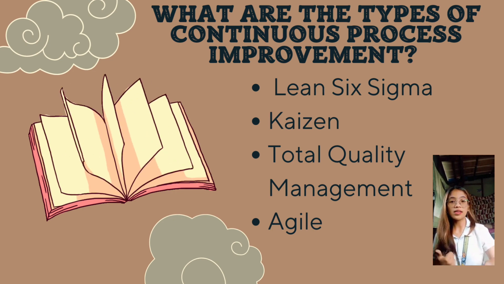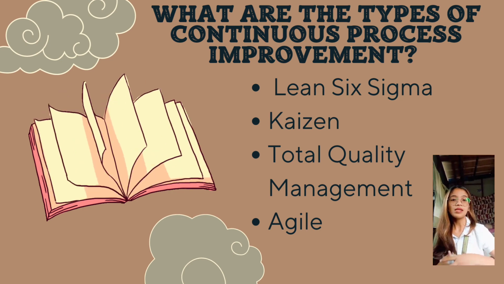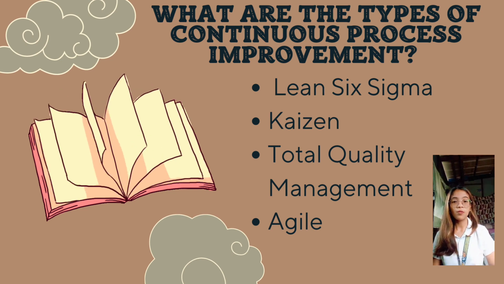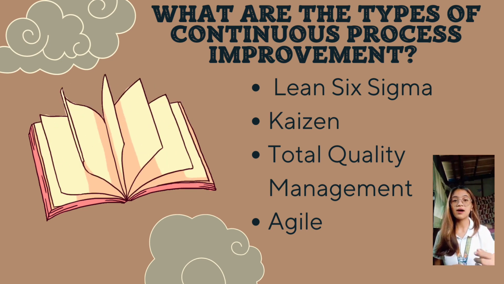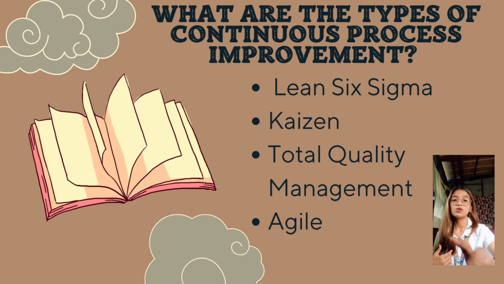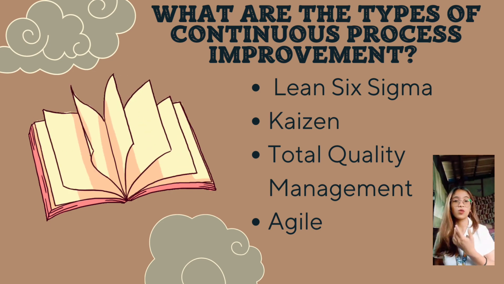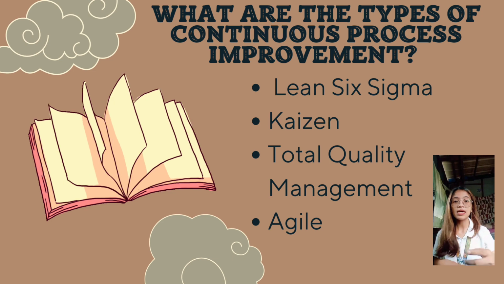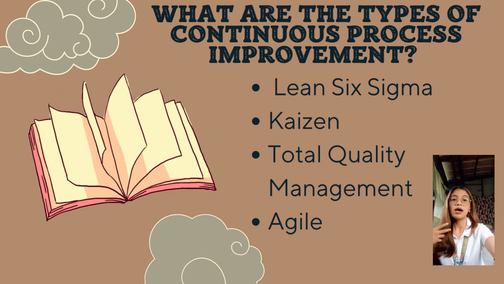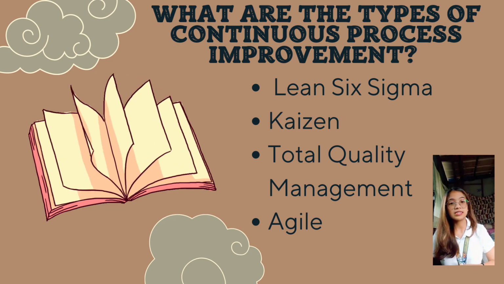So the fourth and the last one is agile. It was originally developed for software development, and agile methodologies have gained popularity in various industries. Agile promotes iterative development, frequent collaboration, and adaptability to changing requirements. So it encourages continuous feedback, quick decision making, and ability to respond swiftly to customer needs and the market